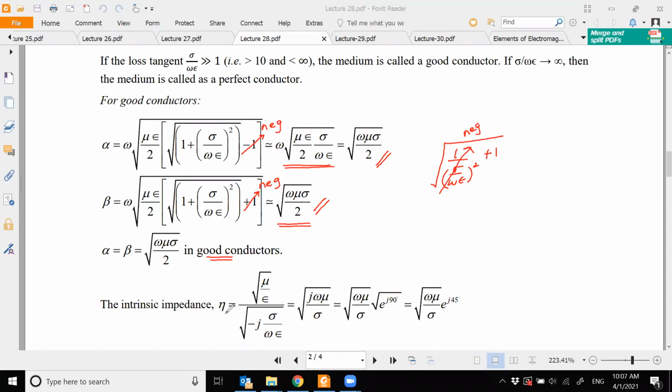In a similar manner, we can also simplify the intrinsic impedance. So intrinsic impedance is this one. When you simplify it, you will see that the intrinsic impedance will be this one, which is root of omega mu over sigma times root of e power j 90. That is root of omega mu over sigma e power j 45. Okay, e power j 45. That is, the good conductors will give